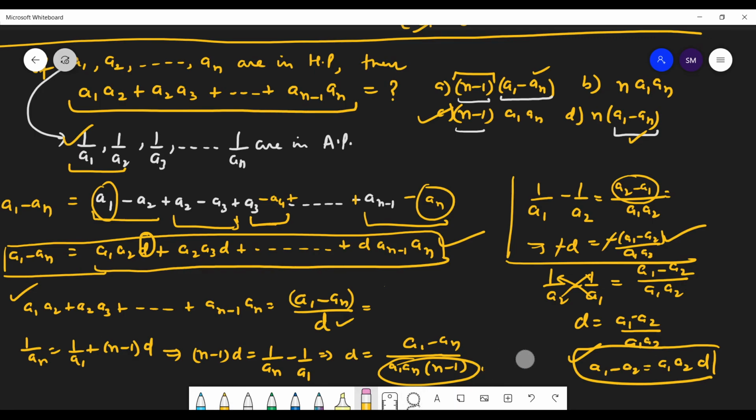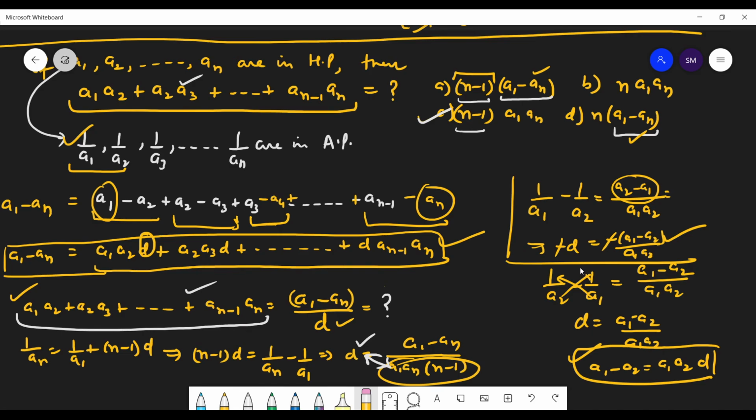So the question is this by d. So here we need to put this, because you have got this. Now here you need to get rid of this whole thing. So exchange these two. d will come in the denominator, and a1 an into n minus 1 will go into the numerator, and that's the correct answer. So students, that's a good question.